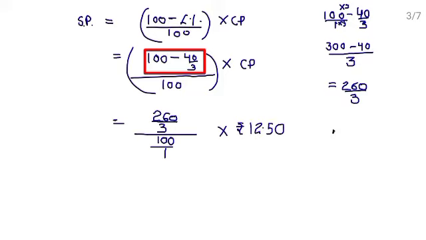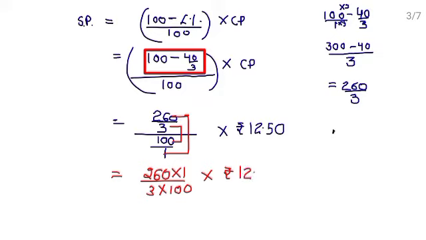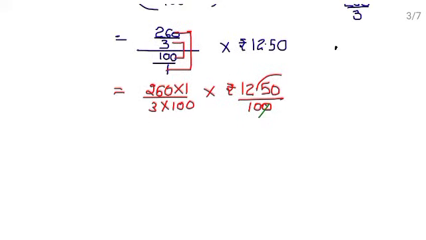12.50. Now in fractions and ratios you have studied the product of means, or the product of inner terms, and the product of outer terms. So multiply them. 260 will be multiplied by 1 and 3 will be multiplied by 100. Multiply this 12.50. Now remove this decimal and put 100 in the denominator. Now simply solve it. 0 and 0 cancel out. 0 and 0 cancel out. 5 2s are 10. 0. 5 2s are 10. 5 5s are 25.